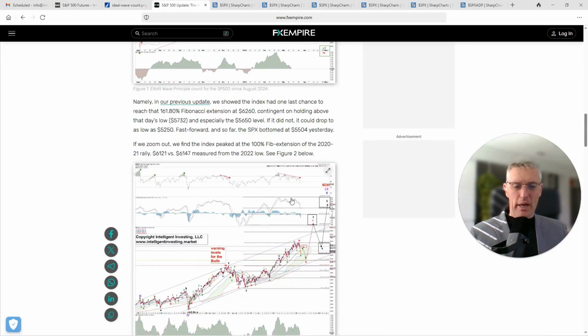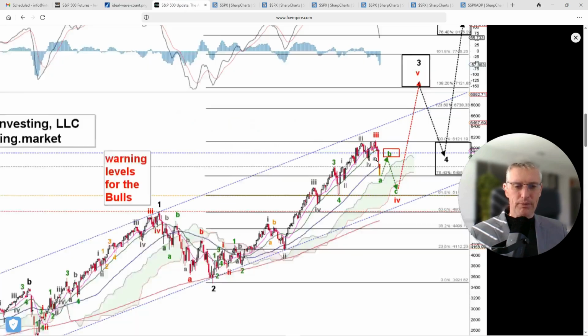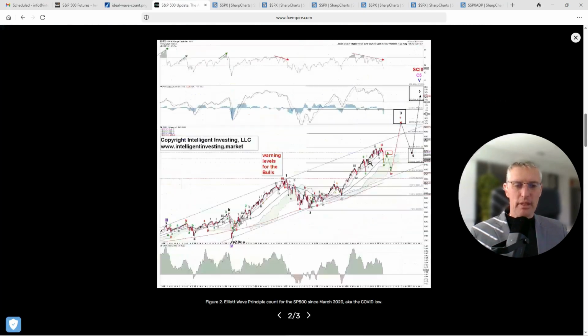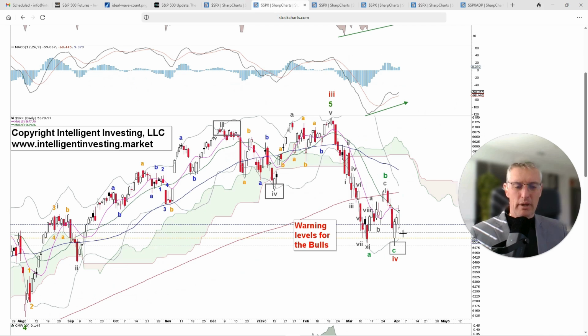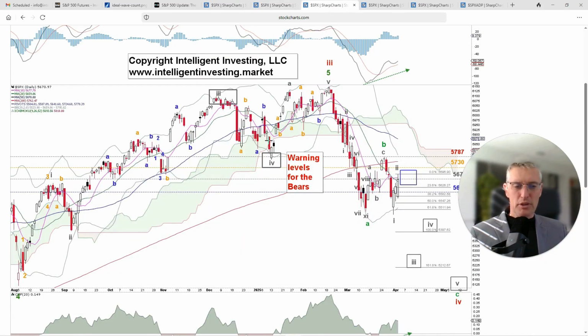Once again, we're going to zoom back to where we came from. That is the A, the B, and the C. All right. And the C wave most likely underway. You see it here as well. And that we are not in a new impulse higher just yet. It was possible, but then we would have a very truncated C wave. It's possible, I've seen them before, but in this case, a 345 down to the low 5100s would match really, really well. It would definitely wrong foot everybody.